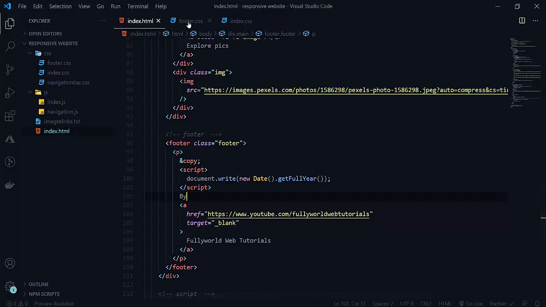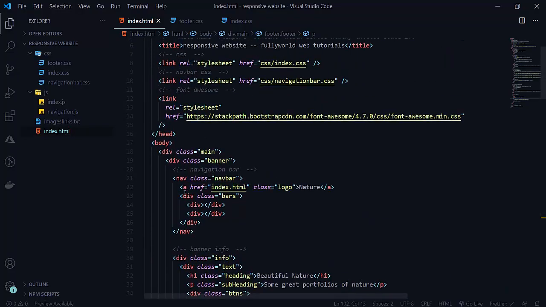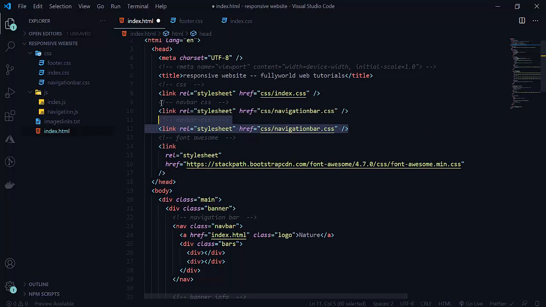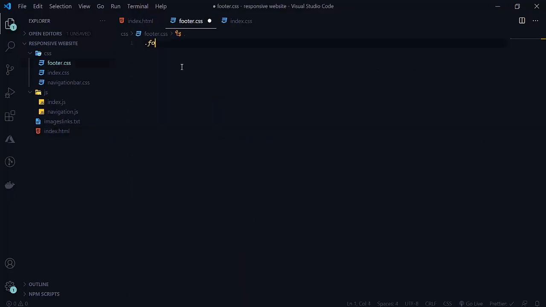First of all, let's embed our footer.css here, along with our navbar.css. Here will be footer.css. Because we will be using the footer in many pages, we will simply write footer here.